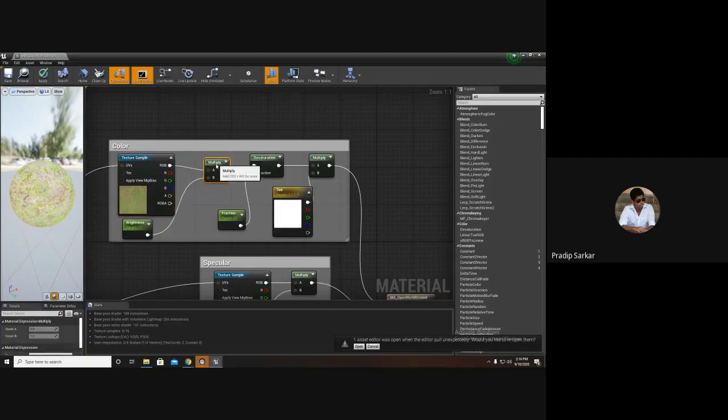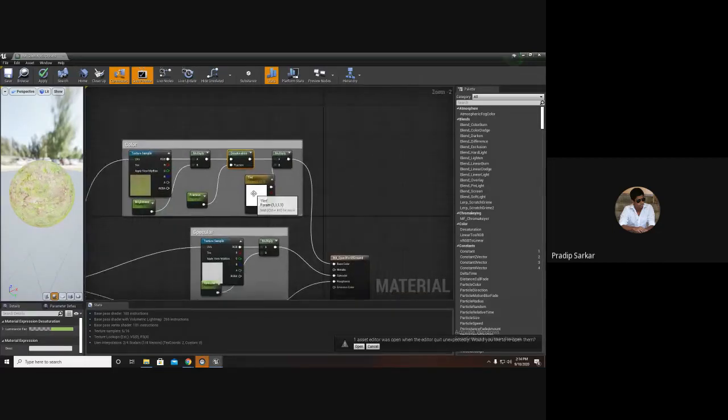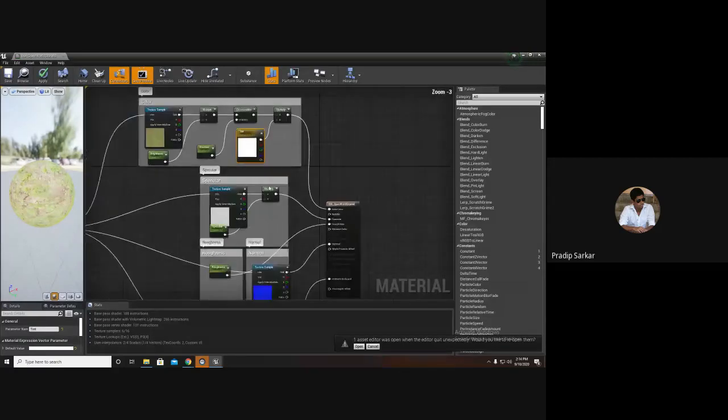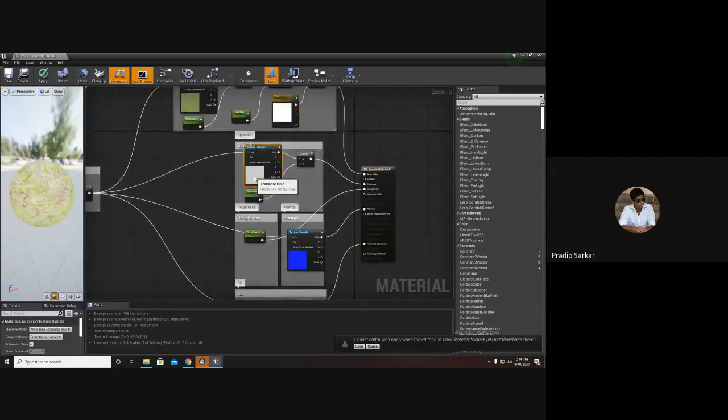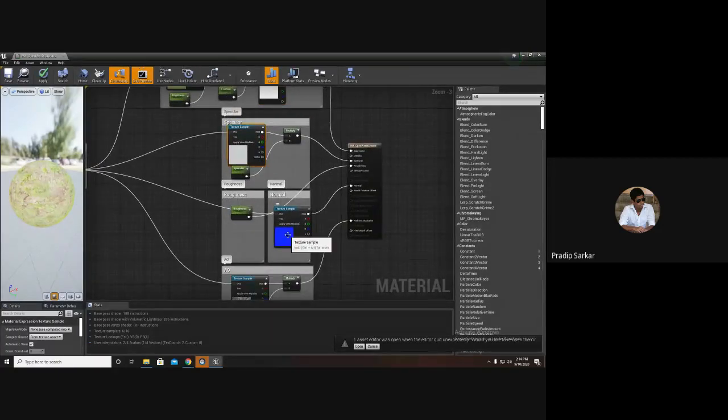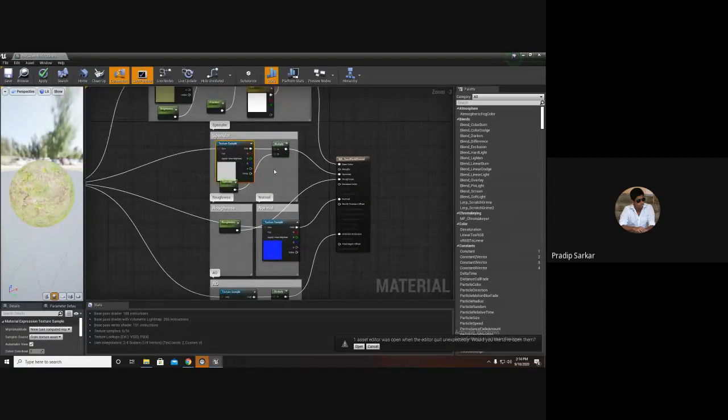I'm multiplying the texture with a parameter to increase the brightness, and I'm doing some desaturation, and I'm adding some tint. If I want some tint, I can add it. Similarly with the specular, I'm giving a specular kind of texture.